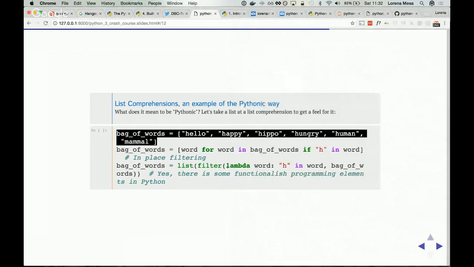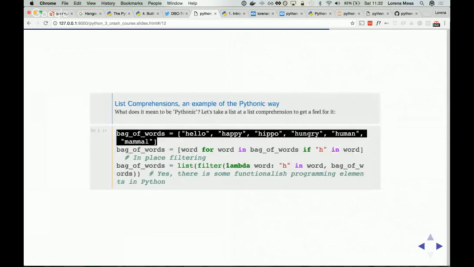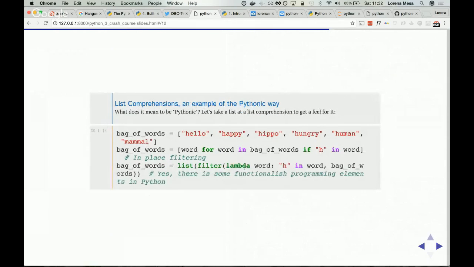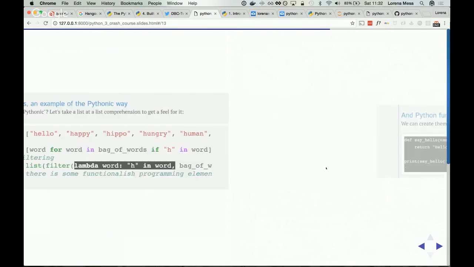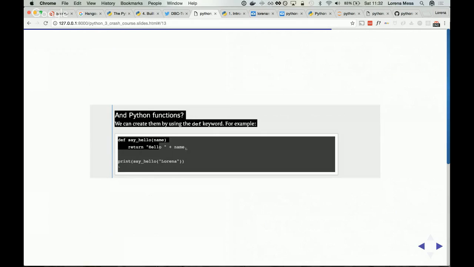Okay, so let's go ahead and talk about Python functions. So if a lambda is an anonymous function where you're kind of creating the definition on the fly, for Python functions, if you want to create something that's reusable, or rather maybe more transparent, easier to understand, not an anonymous function, that is something named, we can use the def keyword. So def say_hello,